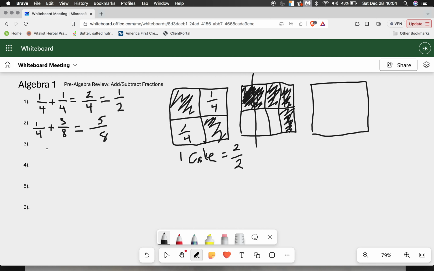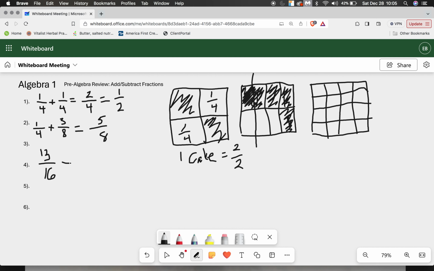Alright, now if you're going to subtract a fraction, it's pretty simple. You're just basically doing the same thing in reverse. So let's say that we have 13/16. Let's say that you needed to feed 16 people this cake. So we divide it into eighths, and we're like, but we need more cake, so we divide it into 16 pieces so that everybody could have a piece. Well, you have 13/16 because somebody snuck a couple pieces of cake before we got to this,